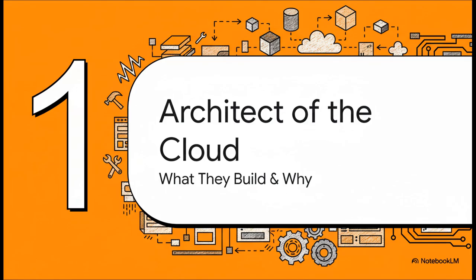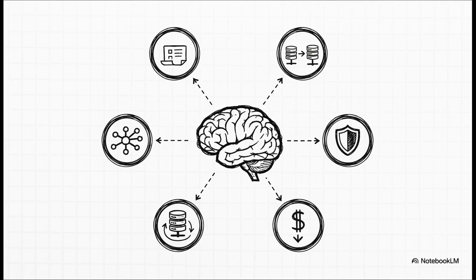So what does it actually take to be this master planner? Well, it's not just one skill. It's a really powerful blend of a whole bunch of different areas of expertise. I mean, just look at this list. You have to be a systems designer, a security hawk, a network guru, and a financial strategist, all at the same time. That's the real challenge, right? A decision you make for cost reasons could totally impact security, and a little performance tweak might mess with reliability. The architect, they're the one who has to see the whole board.